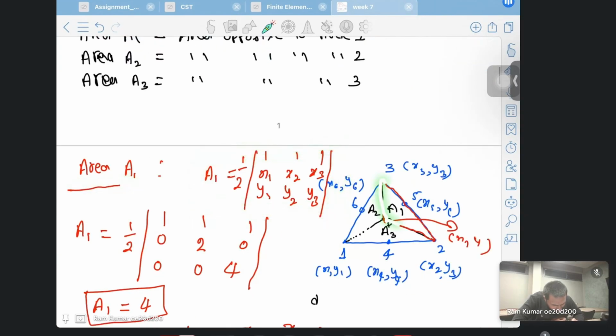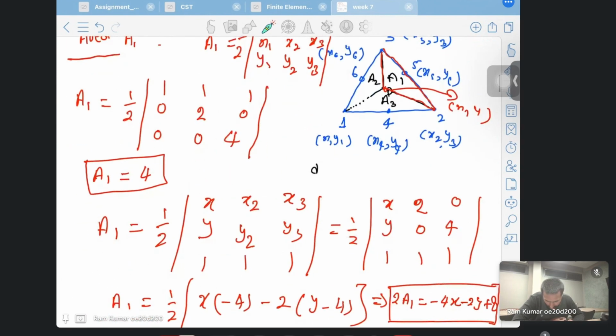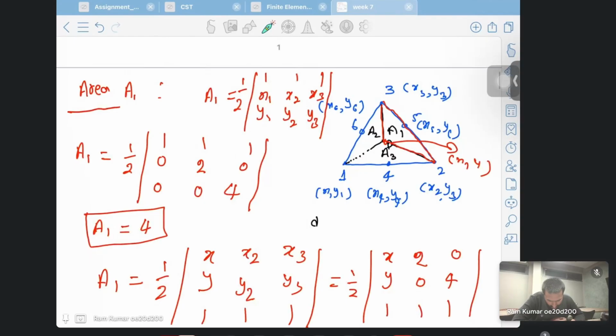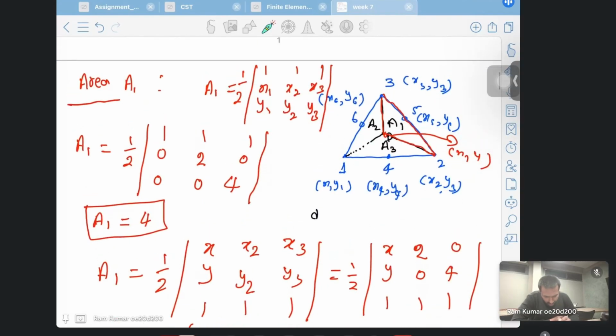We have coordinates 1, 2, x2, y2, x3, y3, and this will be x, y. We will find it from the determinant method. I think I wrote something wrong here. Let me remove this one, because if we are finding the area,